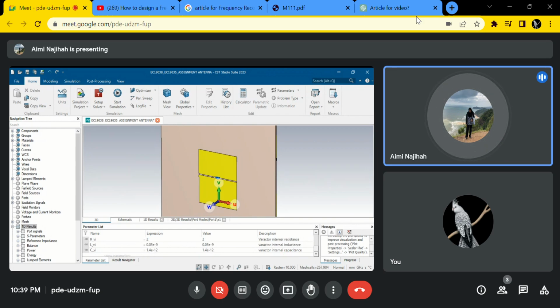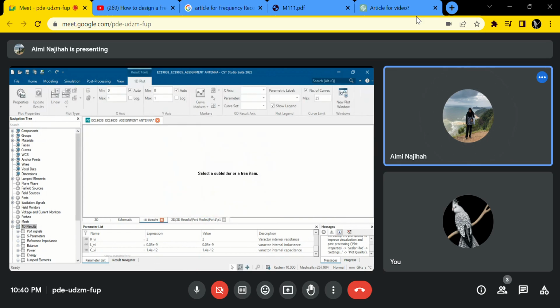We have three types of Varactor parameters, which are Varactor internal resistance, Varactor internal inductance, and Varactor internal capacitance. The value of Varactor internal resistance is 2. The internal inductance is 0.05 exponent minus 9. And the internal capacitance is 1.4 exponent minus 12. So this is our antenna that we have designed, and the result that we get